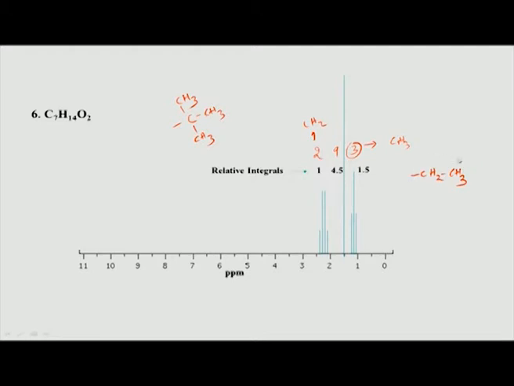So, we get a carbonyl and a CH2 CH3 moiety on one side, and there is this other group also present in the molecule. Now if you join these together, this is the structure you would expect: there are 3 CH3s attached to this carbon, this carbon is attached to this oxygen, and then this carbonyl CH2 CH3 is present.